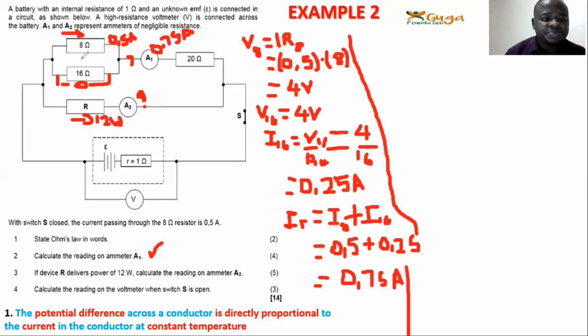Okay, now the simplest way to do this, since we get the current, how about we add this resistance and then we add this one also, right? And then we get the voltage there. So that voltage will be equal to the voltage here. We can use that principle. Now we go back to the RP formula, where RP is equal to R1 multiplied by R2 over R1 plus R2. So now we're doing this, number 3, and this was number 2. On number 3, we're starting with the analogy that RP